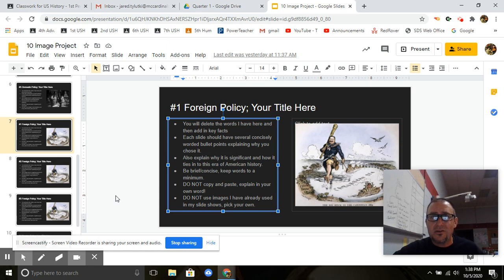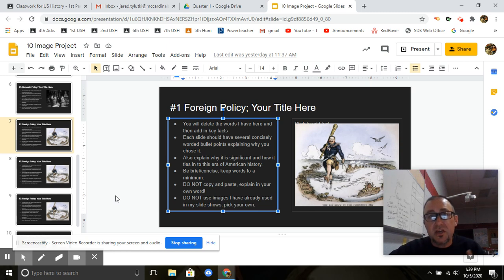If you get it from some website and it sounds like a college professor wrote this and not a high school freshman, I'm going to look into it for plagiarism. I'm going to copy and paste your text and put it into a website. And if I find that verbatim, word for word somewhere else, well, you're going to end up taking a 0 probably on this project. I want you to put it in your own words. Now, you can use Wikipedia, or you could use some university website about Teddy Roosevelt or foreign policy from the era. That's totally fine. Use any resource you can find out there that seems to be credible on the internet. But I want you to sum it up and put it in your own words.